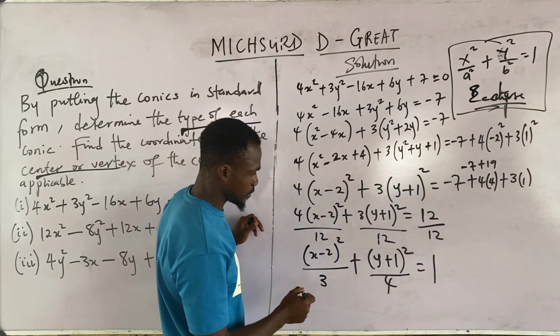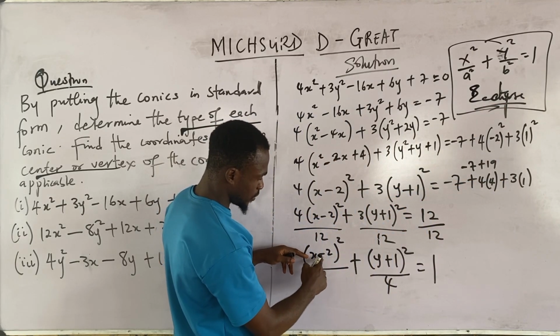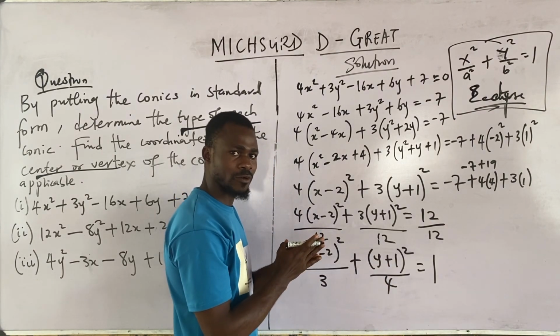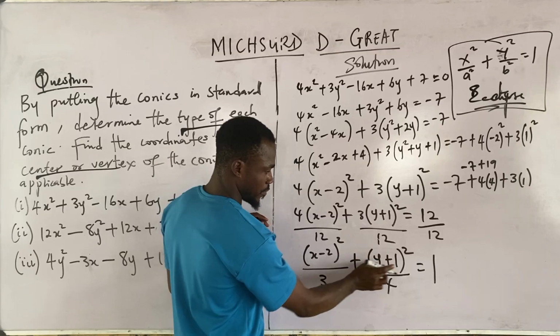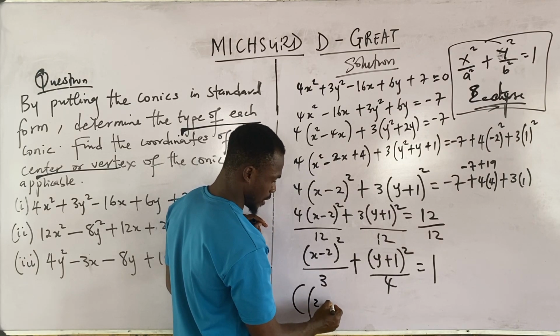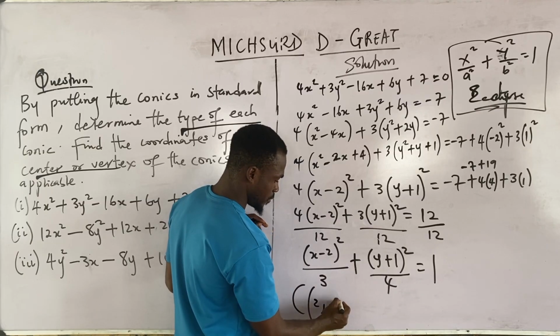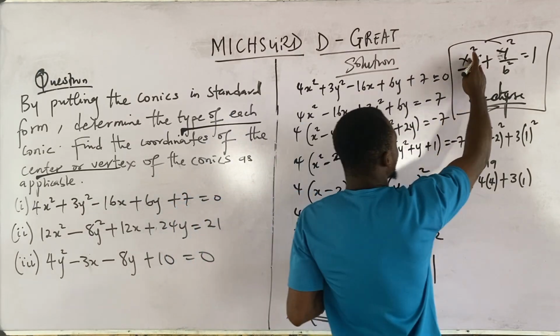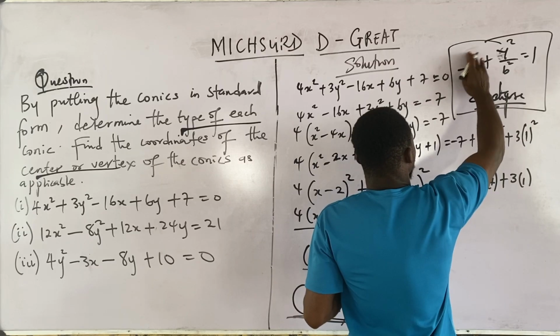So in that case, you can see that this point, 2 and 1, gives us the center of the ellipse. So the point we can get from here and here is the center of the ellipse. So this is 2, here we change to minus. We have minus 1. Because in the standard form, if we should write this in minor scale, we'll be having